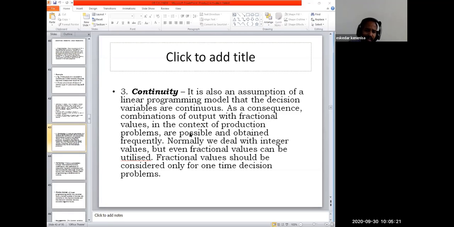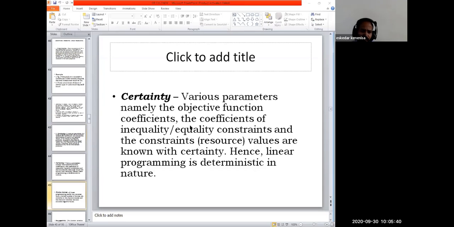ስለዚህ fractional value ነው የምንጠቀመው. There is one times ምን decision problems ነው ልንጠቀም እንችላለን, continuity ሊኖረው ይገባል. This one is just especially have to assume in linear programming models. Then also there is certainty. There are different parameters regarding the linear programming, so namely the objective